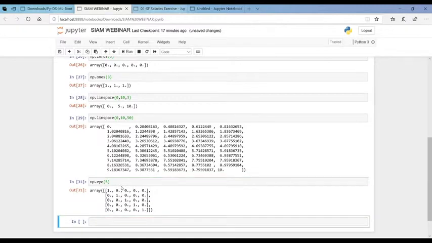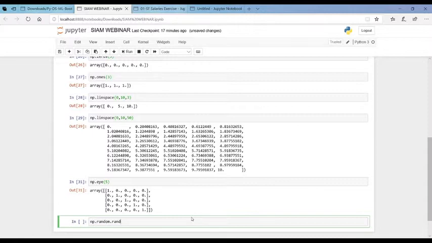Okay, NumPy. Now something very interesting about NumPy is the way it creates random numbers and the way it inputs random numbers into arrays. There are a lot of ways to do this. So let's start with rand. We'll start by calling np.random. This is the way you create a random number array. So if we use rand